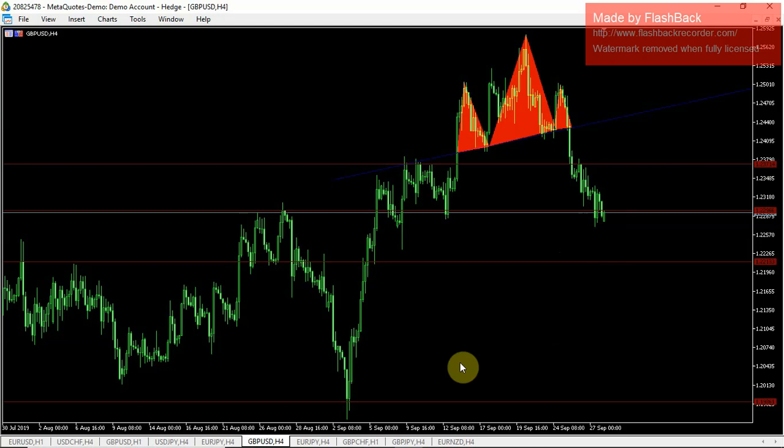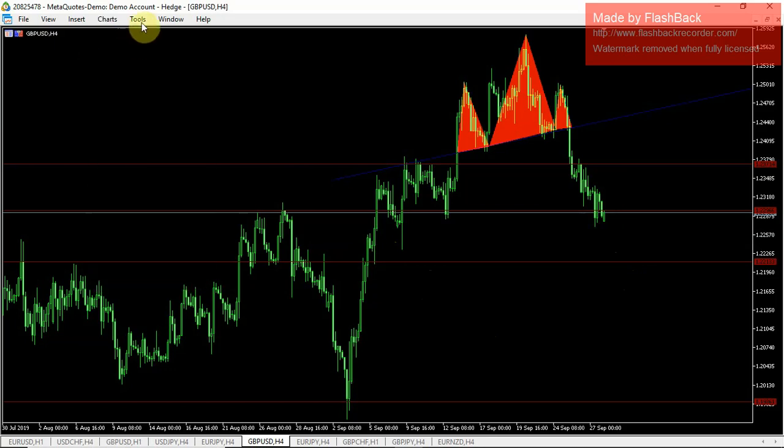But technically, what we see here is a potential major sell off this week. So that's GBP/USD. We look out for selling opportunities this week below those price action levels. Okay, and then next,